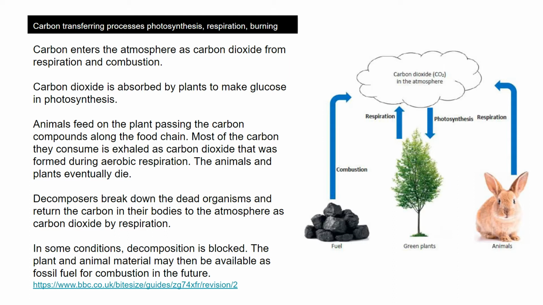Now we're looking at how carbon can go from one reservoir to another. Photosynthesis is the only process that can take carbon from the atmosphere as carbon dioxide and turn it into organic compounds such as glucose. As plants and animals get energy from food, carbon is released back to the air as